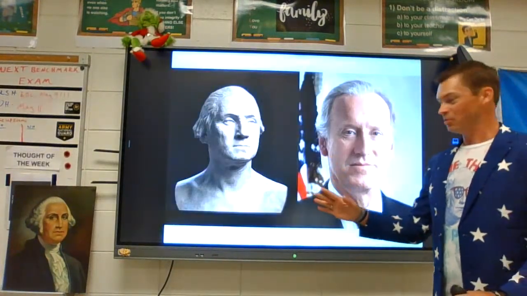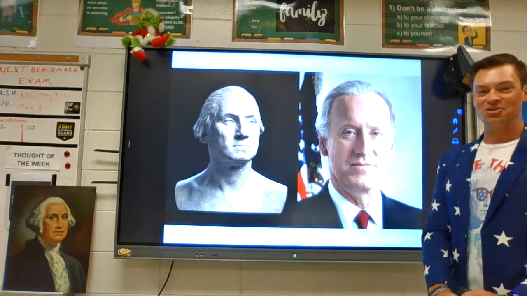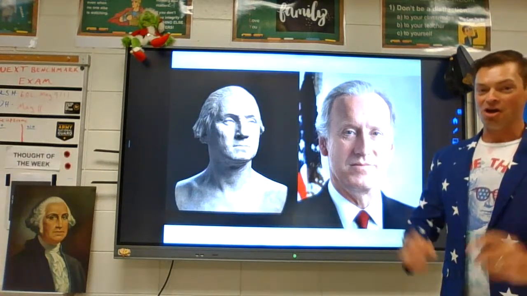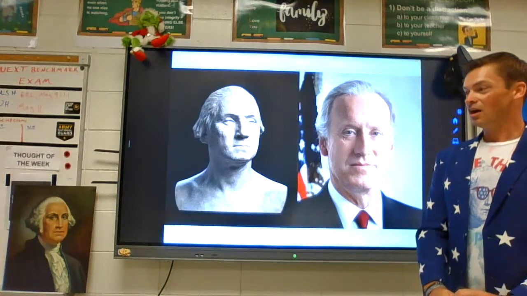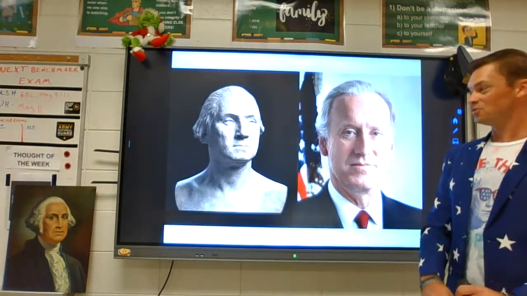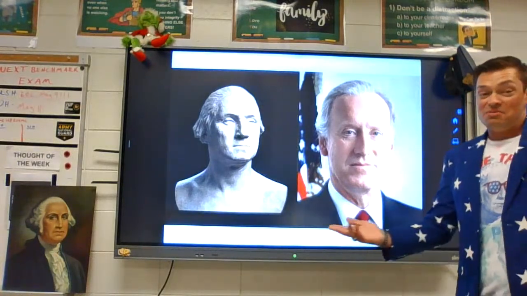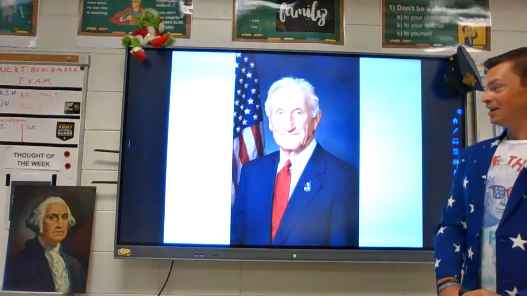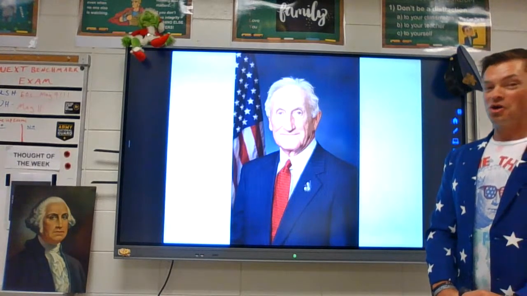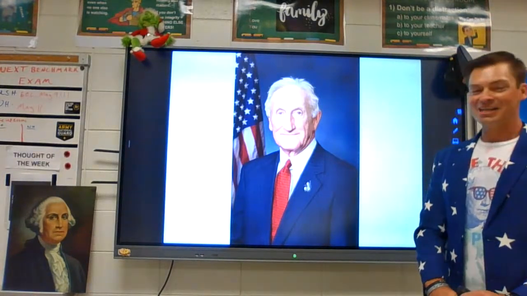The internet's a wild place. There's a whole lot of representations of what George Washington might look like with artificial intelligence, or if he was a modern president, how would he look in a suit and a tie? So look at the sculpture there, and then look at this representation. Maybe, right? Maybe that's pretty close. This one makes him look a little much more grandfatherly, but I kind of like this picture as well,